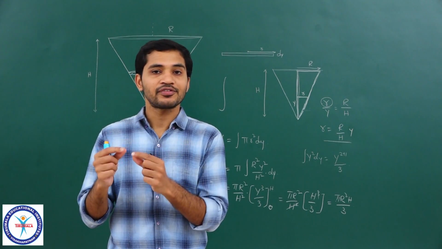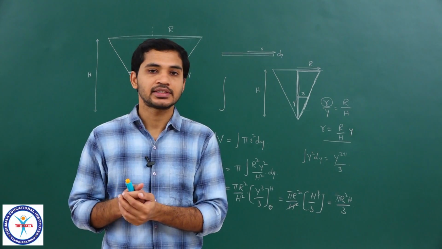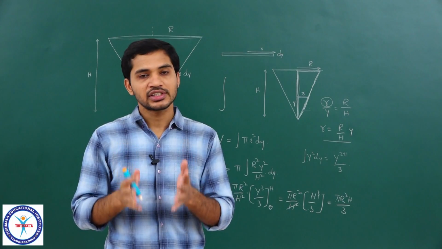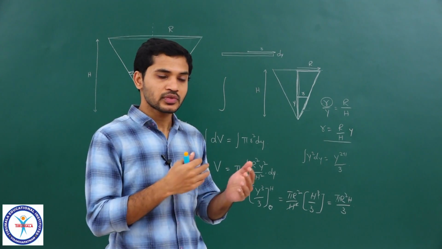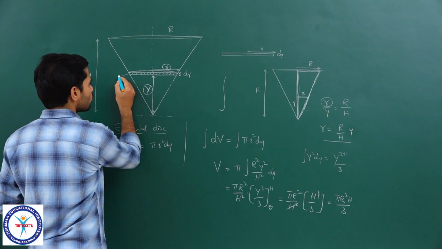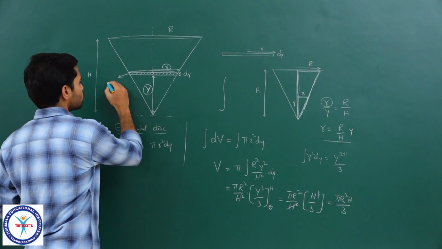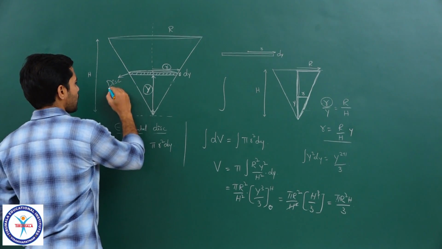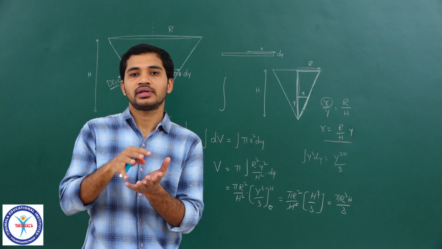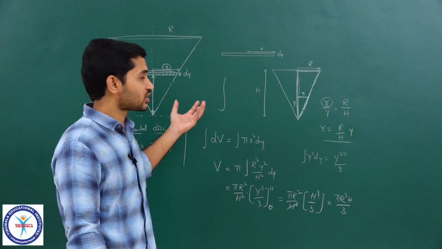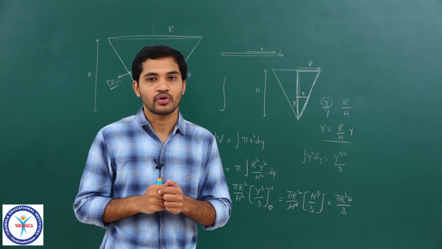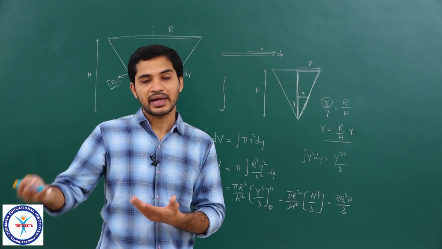So if you are able to identify which small element should be considered to construct that whole object, you can do that, right. So in each and every concept in physics where we will be applying integration, choosing this element is the most important part. So here I have chosen it as a disk, correct. So which element to choose, which element when increasing in dimension will eventually construct my given object. So choosing that is very, very important, and that is what you will be learning with practice, clear.